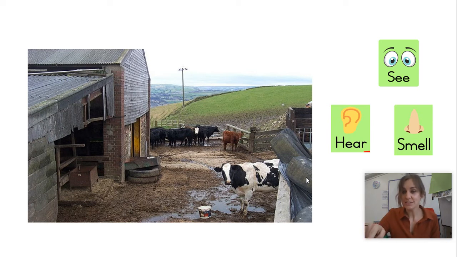We've done two of our senses. Which one's left? That's right, smell. Okay, let's have a little look. What would it smell? Oh, I know. Can you look at the food in the barn or on the floor? Can you see all the hay on the floor which the cows eat? You can. And that's probably where they mix all their food in as well, the cow feed. I wonder how it would smell.